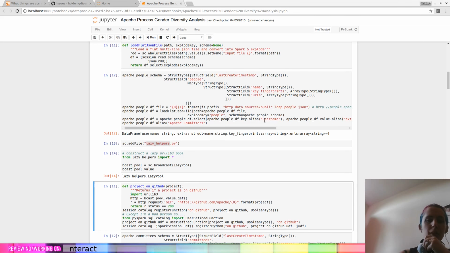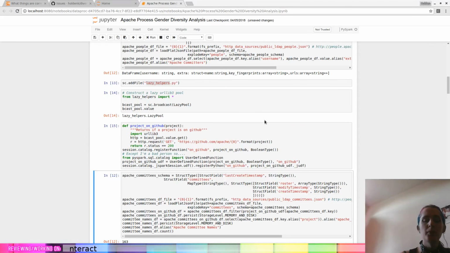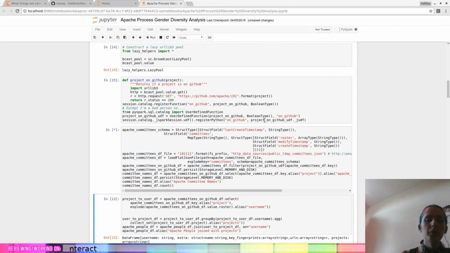And this is a thing to determine if the project is on GitHub. This is filtering for Apache projects, because I think when I started this, not all Apache projects were on GitHub. They might be now, though, but nonetheless, there's no harm in doing the filter first. So we'll go ahead and filter for projects that are on GitHub, figure out